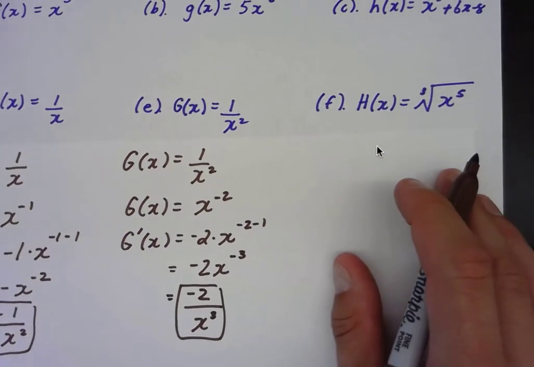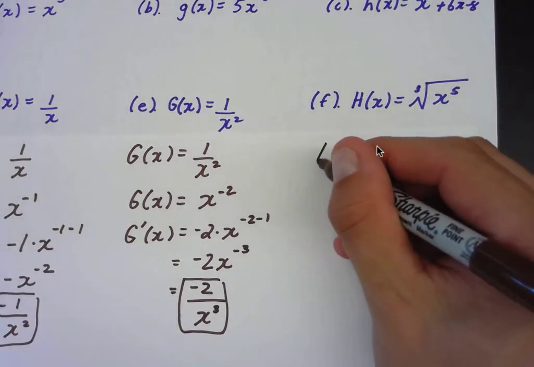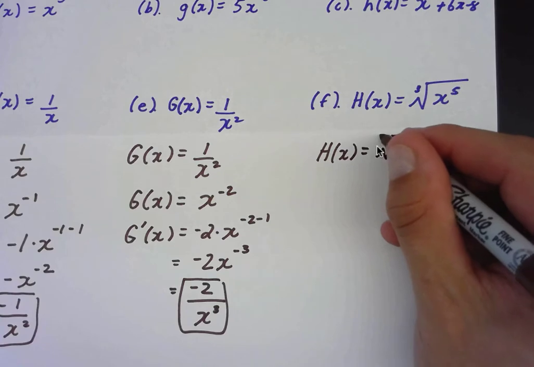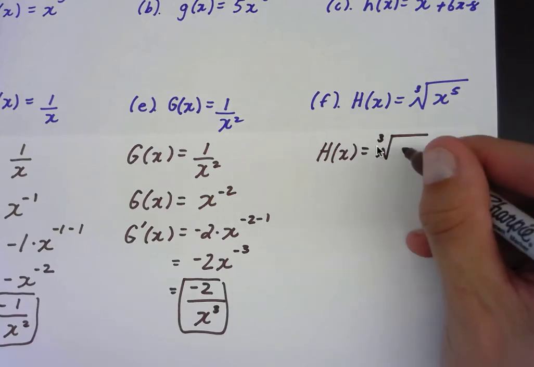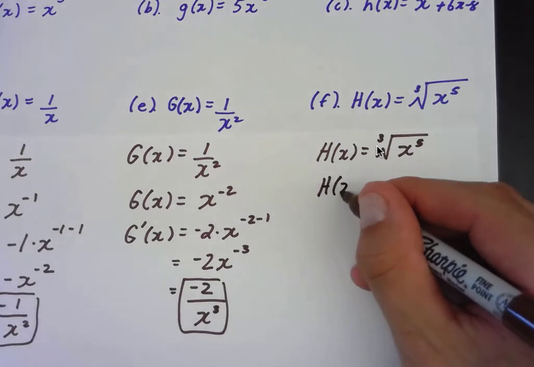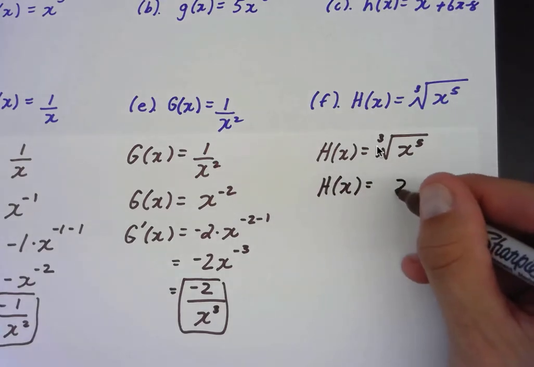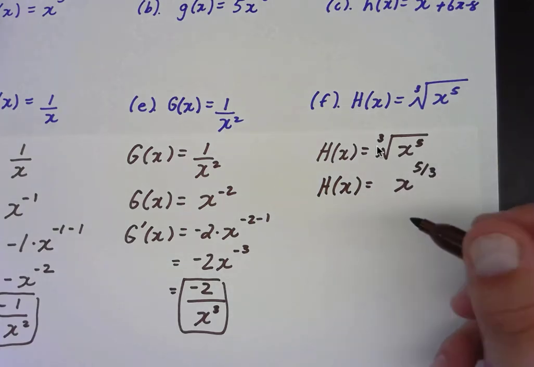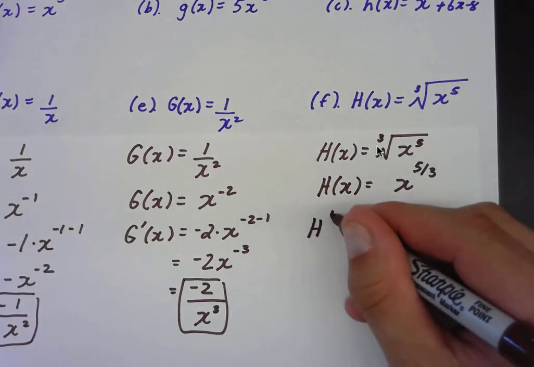And our last one with a radical here, h of x is equal to the cube root, so it's hard to see, cube root of x to the 5th. Well, that's the same thing as writing h of x equals x to the 5/3 power. So let's go ahead and take this derivative now. So you have h prime of x,